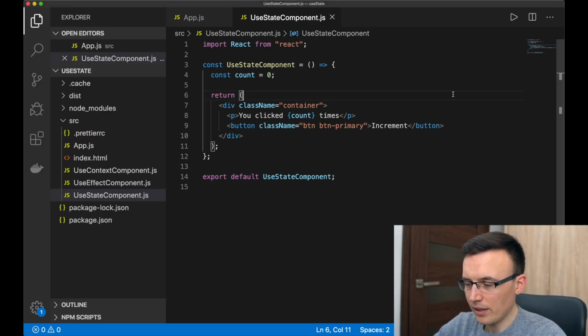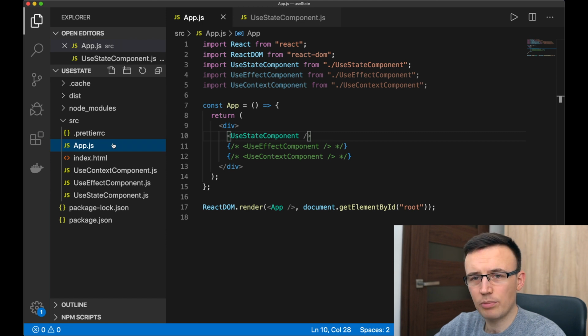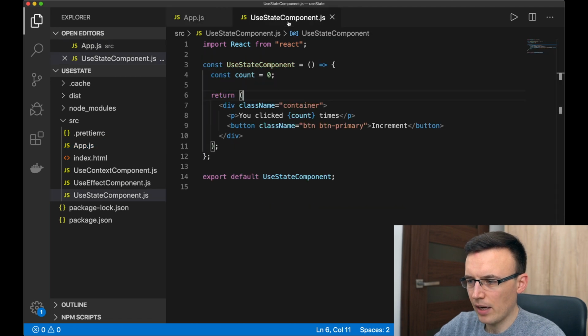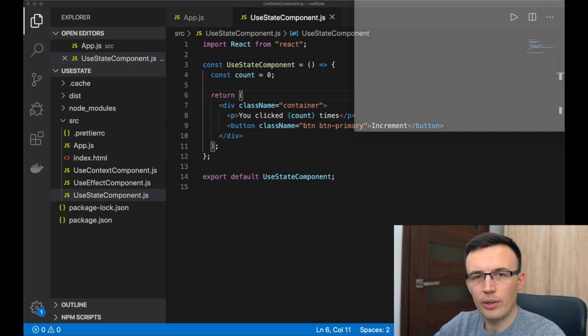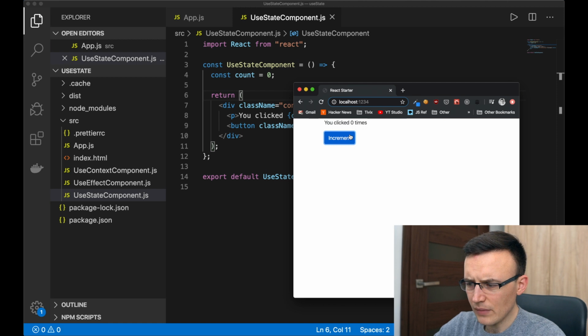Okay, so right here we have a very simple component. It's all built in our base React project. If you want to know more about this base project, you can click the link somewhere here, and there is a link to a video in which I built this project from scratch. But in general, it's just a very simple React app. So we have a stateless React component. If we press this button, nothing really happens, but we would like to have a state which is